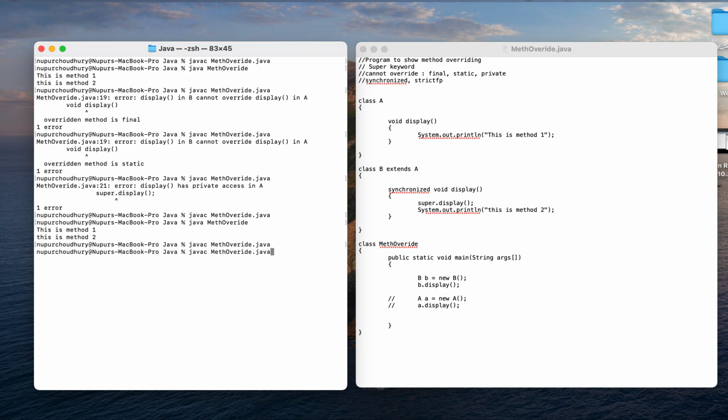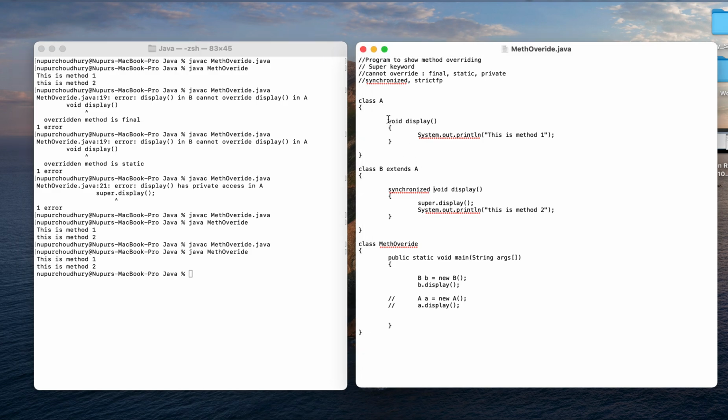When I am doing this, here also there is no error and I am getting the same output. So synchronized does not have any impact on the method overriding concept, and whenever we are incorporating synchronized here, that means the methods can be overridden whichever way we feel like.